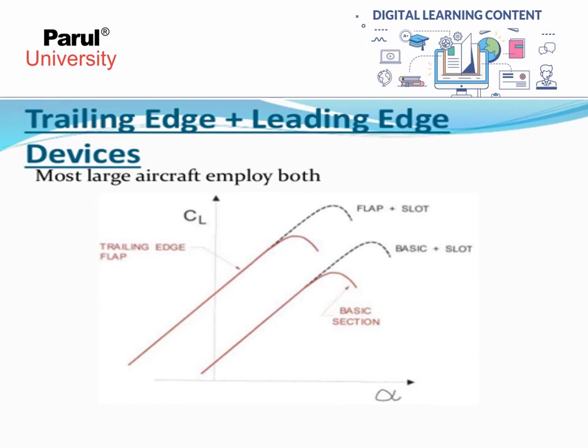Or we can say here, on the negative axis of angle of attack, there is nothing but the zero lift angle, or at zero angle of attack there will be some values of lift also. We can't say that if angle of attack is 0, lift will be 0. If angle of attack is 0 but CL does not equal 0, it has some values. Okay, I think you understood this. Can I go for next? Okay, we are going for the next.